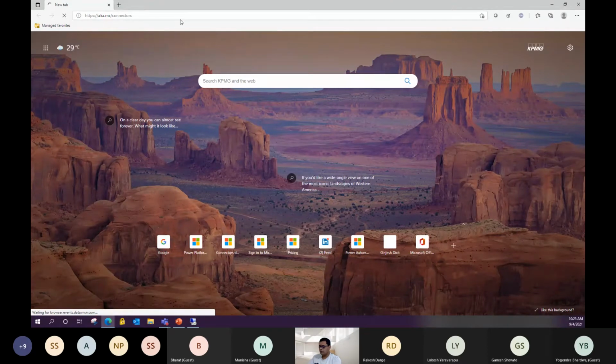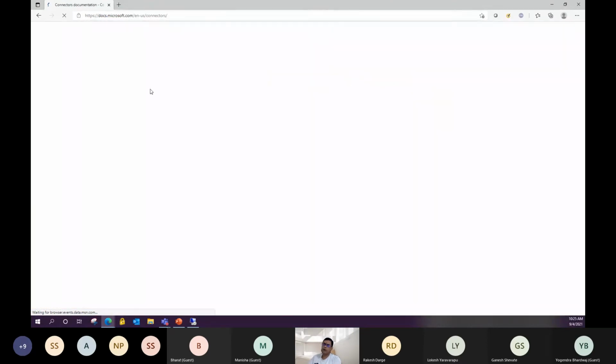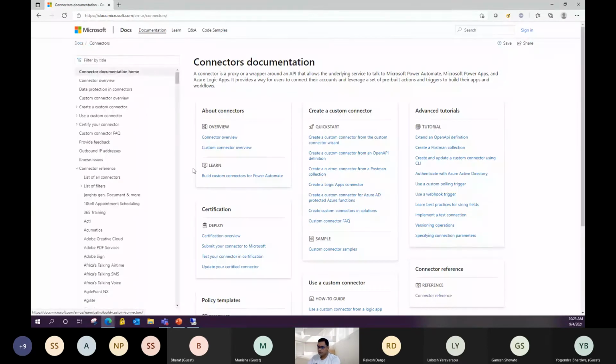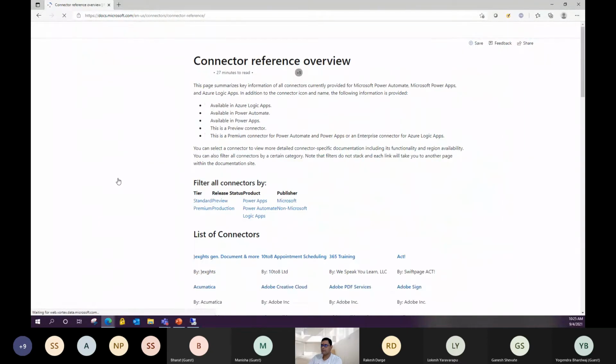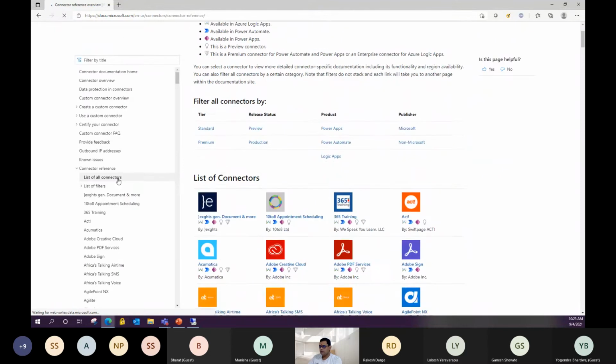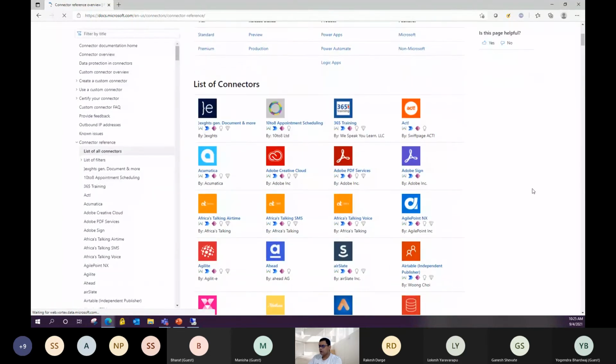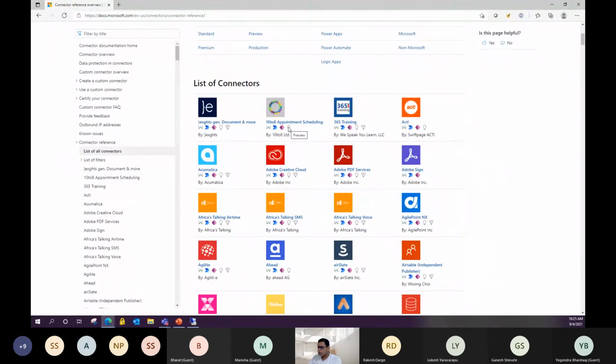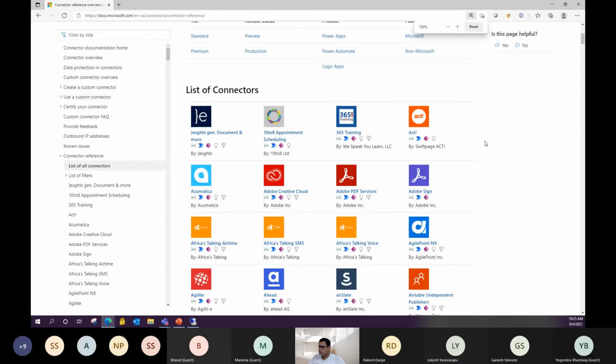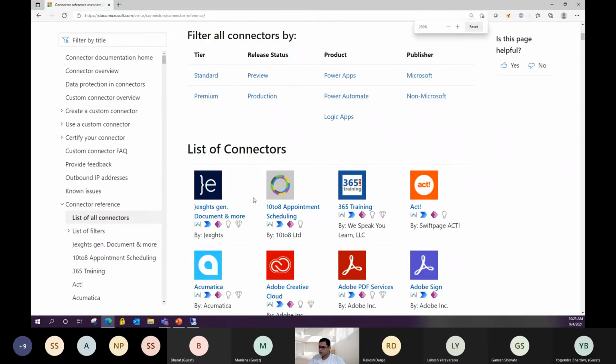The connectors come in 3 flavors: standard connector, premium connector, and preview connector. If you go to this page and click on the list of connectors, these are the connectors available, and if I zoom in for you, it's already mentioned.